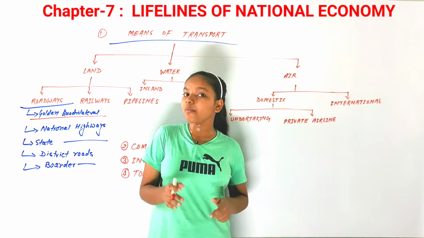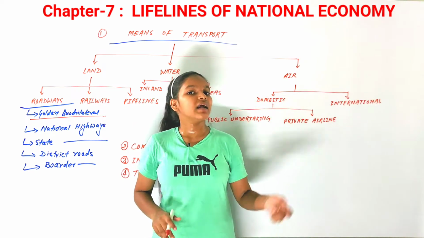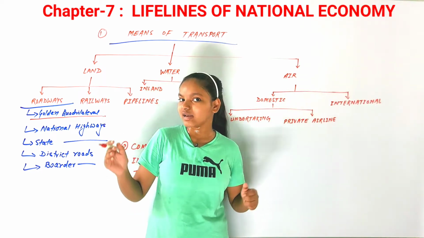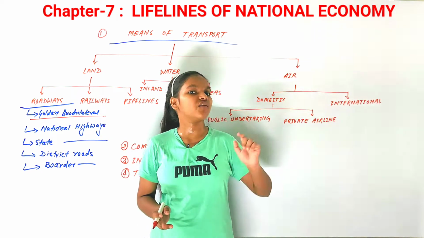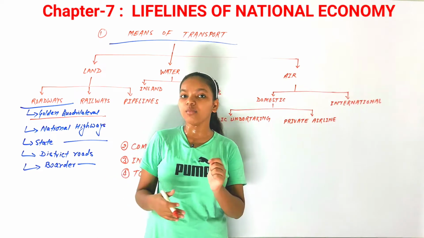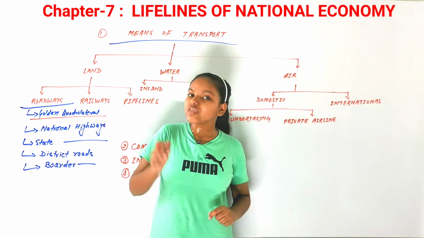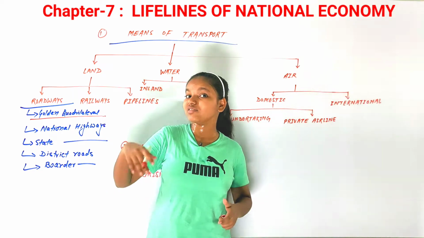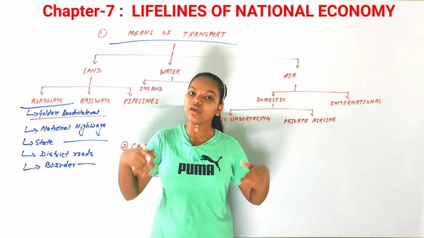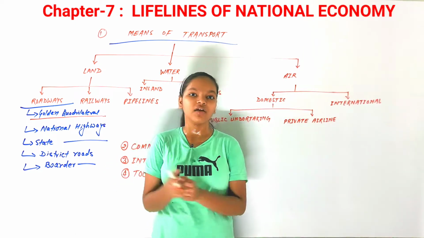If we talk about the golden quadrilateral superhighways, mainly they are for saving time for the advanced cities. They are linking the advanced cities of our country. As all of you know, Delhi, Chennai, Kolkata, Mumbai are some of the advanced cities of our country. So these are generally to link those advanced cities and cover the whole country area. So that is about the golden quadrilateral superhighways.